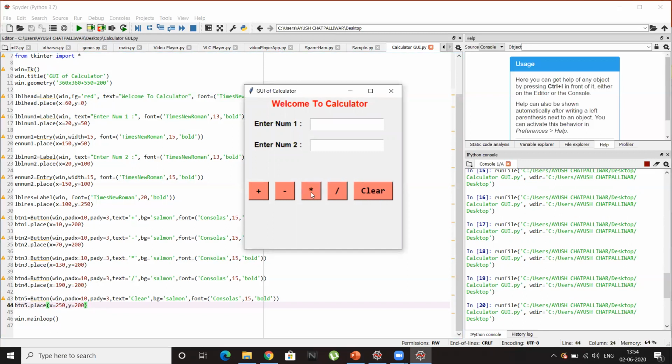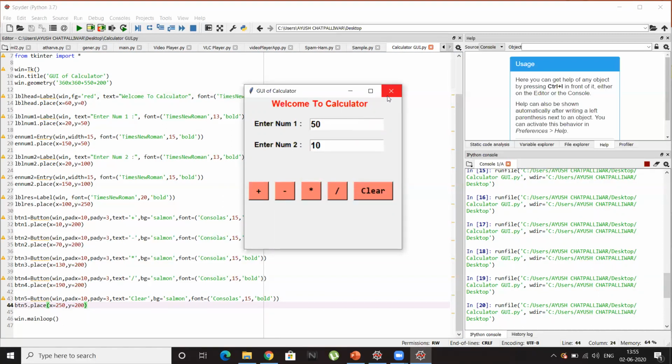So we are done with our button coding, and we have a label here which you can't see right now, but it is there because we haven't given any text. So we are done with everything. Now we just have to apply functions on the click of these buttons. If I enter 50 here and 10 here, on click of this button addition must happen, on click of this button subtraction must happen, here multiplication, here division, and here both the text fields should get empty.